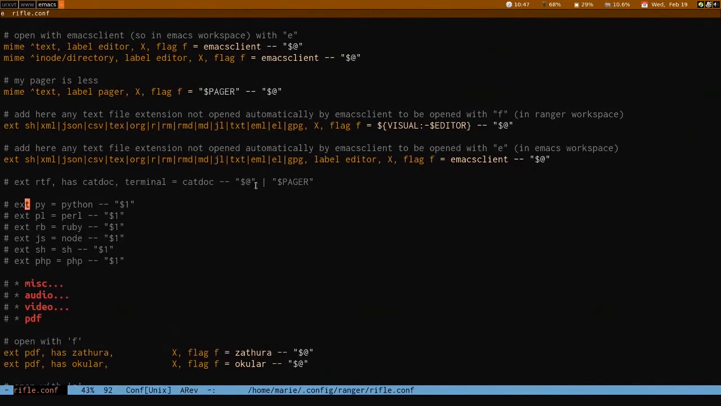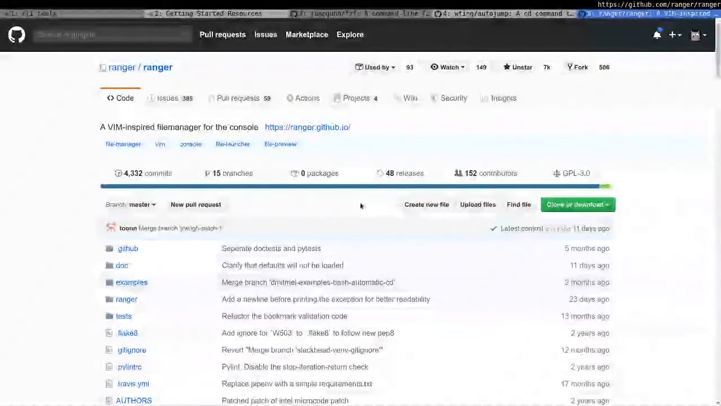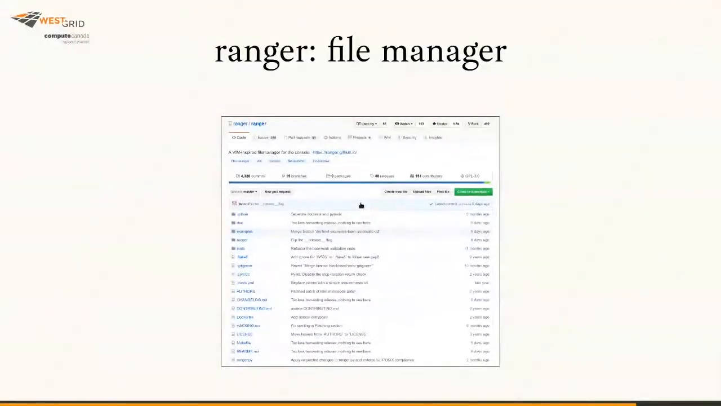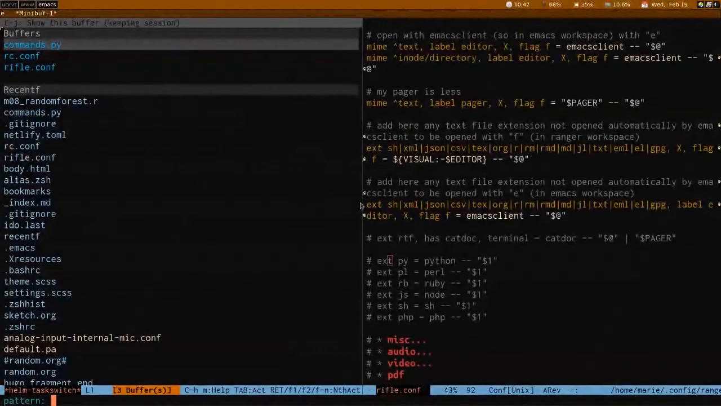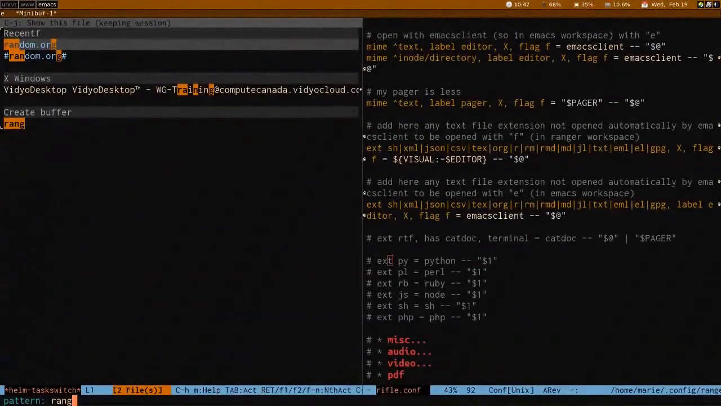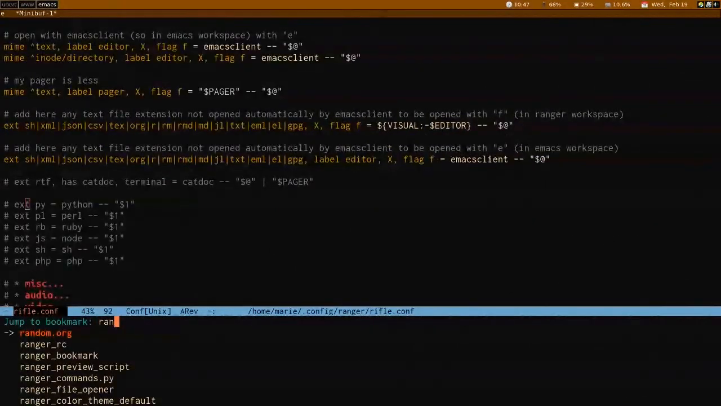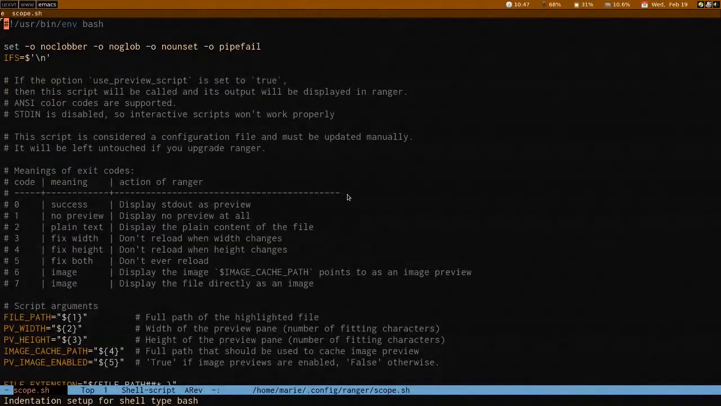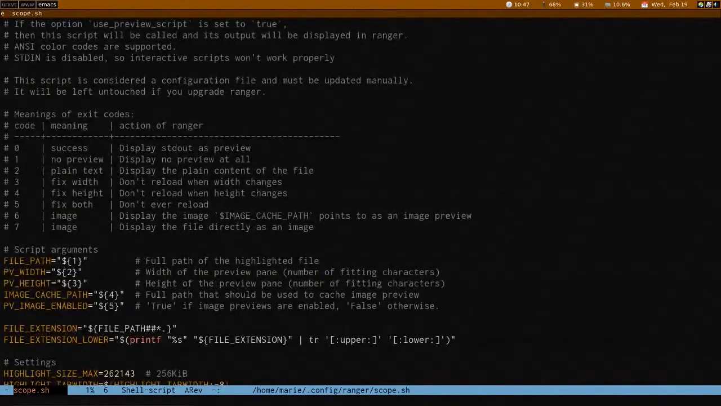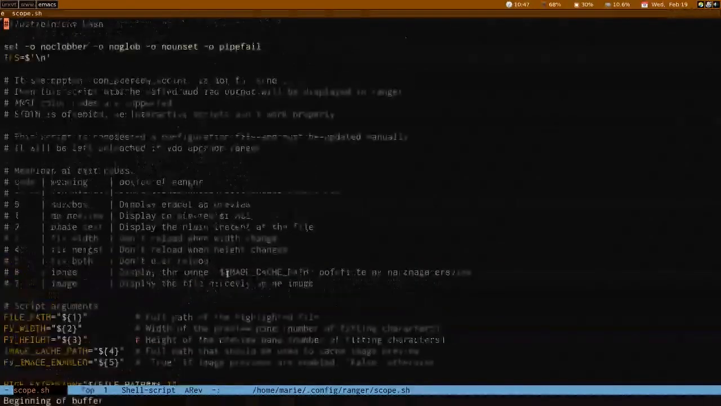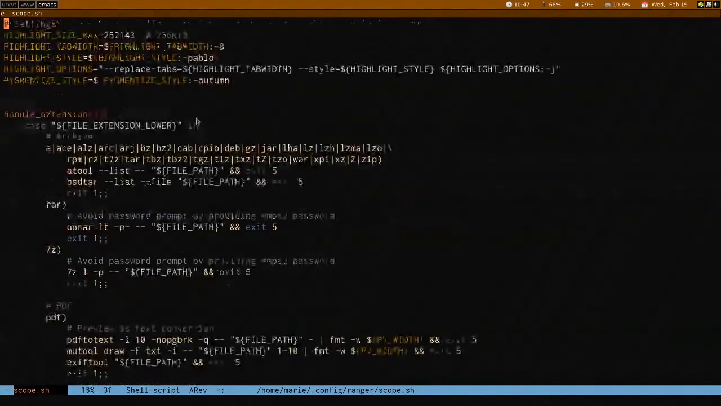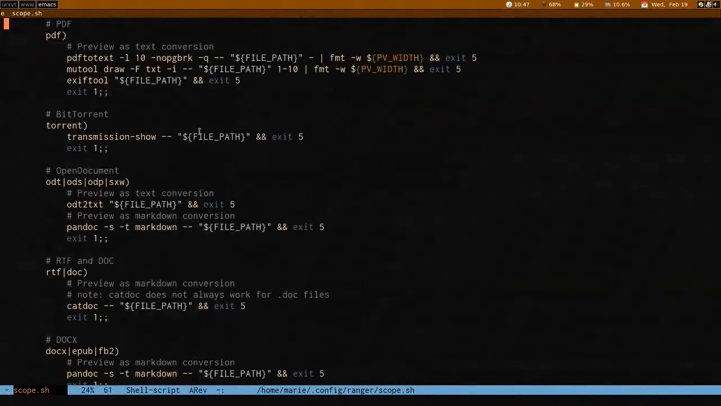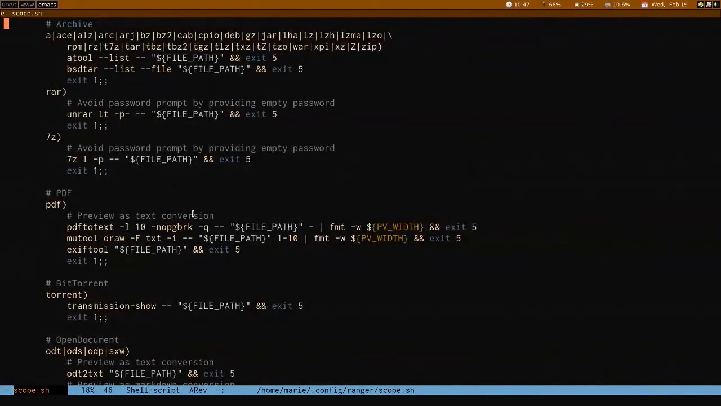The previews, because I told you that was a preview and I was wrong. The preview is set somewhere else, and I don't remember what it is called. Render preview script. Ah, okay, yes. The preview is actually a shell script that's called scope.sh, and that's where you set which utility is used to render the preview of which type of file. So, for instance,